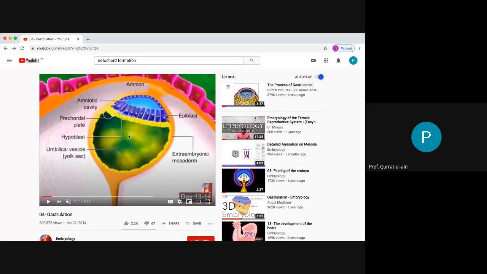Labeling. This is the hypoblast here, and this is the epiblast layer, and the amnion, which is the membrane of the amniotic cavity. The hypoblast is throwing off a membrane which is forming the secondary yolk sac here. And this is the thickening in the hypoblast, which is the future mouth, known as the precaudal plate, and